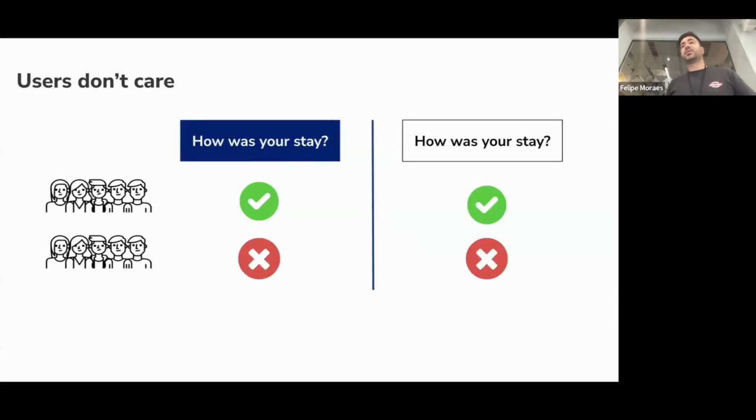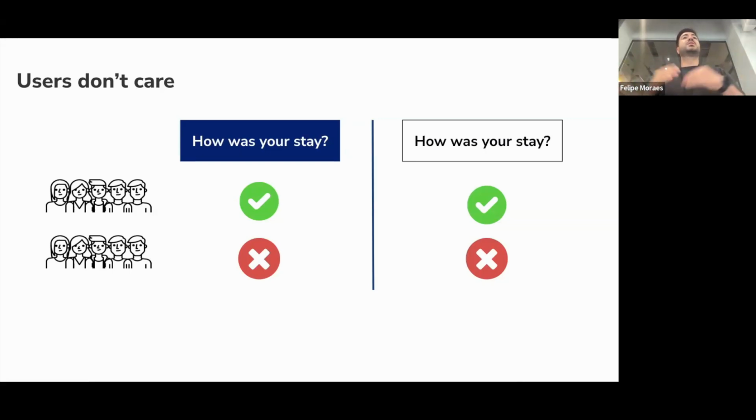An example where users don't care is where we show these blue and white versions, and in the first part we have two groups of people, and they both like and dislike the same amount, right? The first group likes everything that you show to them, and the second group dislikes everything.